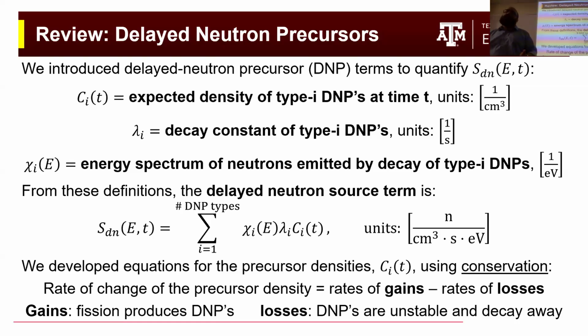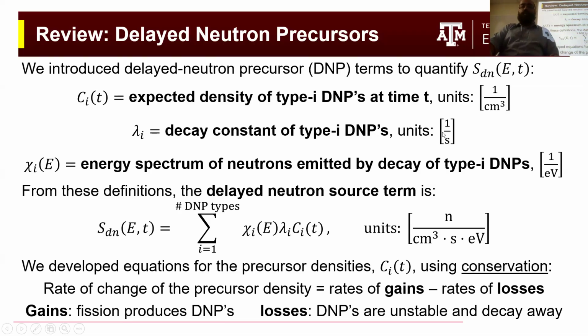You can think of that as particles per unit volume, but the particles are kind of a fake unit, so you could also just write it as 1 over volume. The decay constant for these delayed neutron precursors means the same thing that we talked about when we did decay chains. It's a probability per unit time that something will undergo decay, specifically that our type I delayed neutron